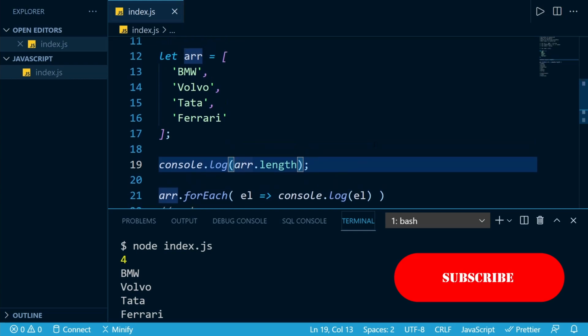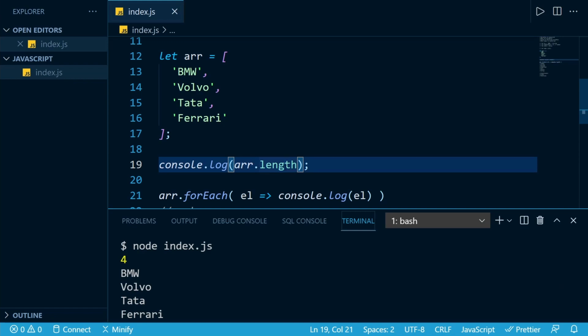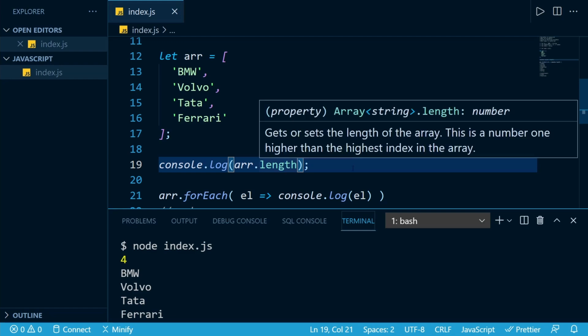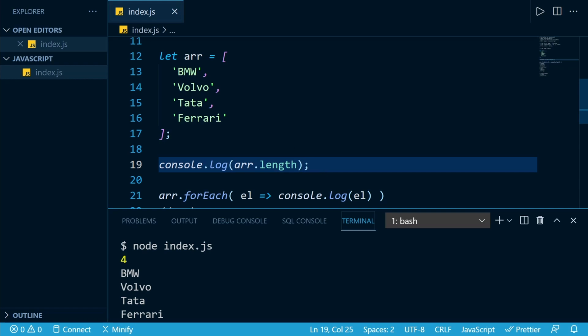That's one useful property that you will use a lot when working with any programming language. We have many different programming languages, and every kind of list in every programming language has this length property. Now the syntax, that is how we get the length of the array or list, might be different, but we have length in almost all programming languages. And in JavaScript we do that by array dot length, where array is the name of our array. We can also give it directly a simple array, it doesn't even need to be the name of the array.